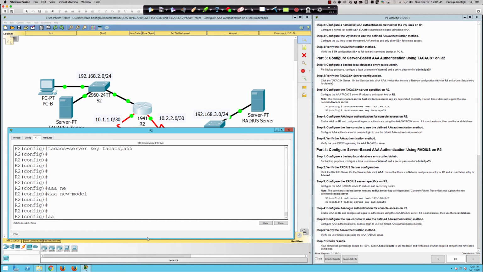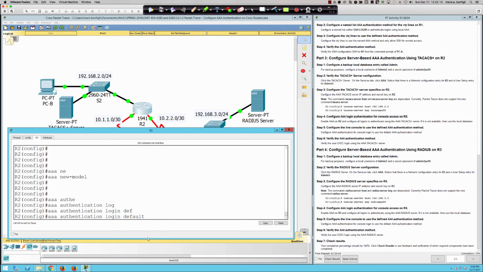So here's where our method list now is going to grow. At first we had a method list of one, which was just local, because we were looking at the local AAA database. Now our method list is going to have two methods with which we try to authenticate ourselves. So aaa authentication, excuse me, for login, and it doesn't ask us to name the method list. So we're going to go with default, and I'm going to see if that